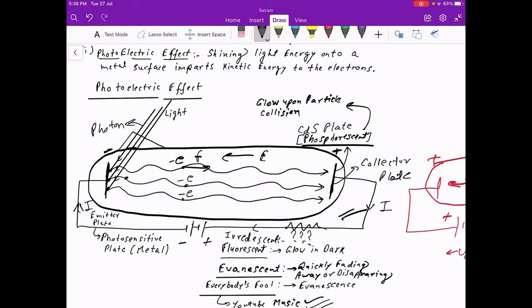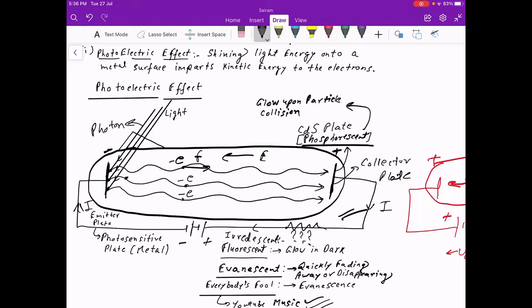As you keep on increasing the potential difference between the negative and the positive plate, that is the emitter and the collector plate, more and more electrons are ready to come out and reach the collector plate. Up to an extent that when all the electrons that were possible to bring out of the emitter plate have reached the collector plate, that means no more current can be found, because there is no more to harvest.